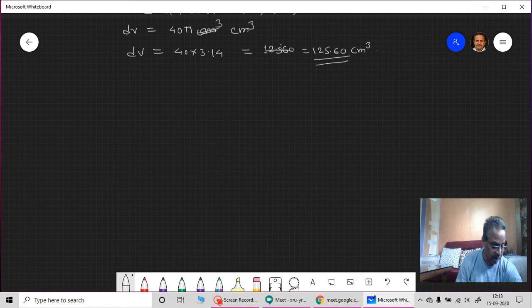Now next example, simple one again. Now this is related to thermodynamics. So this example number 9